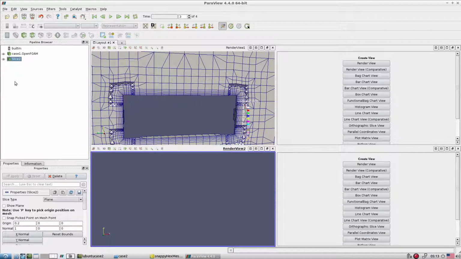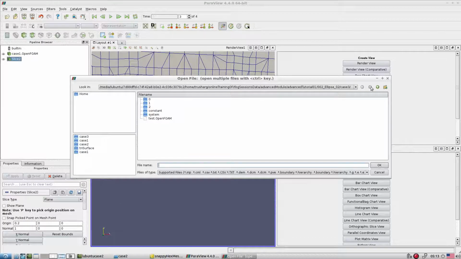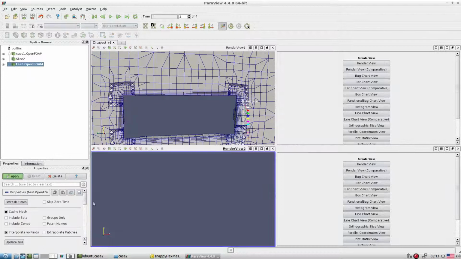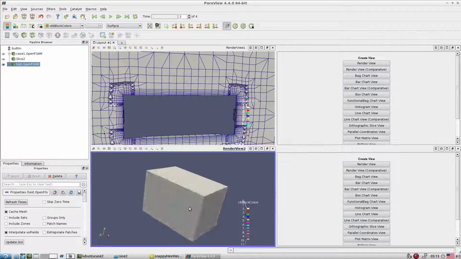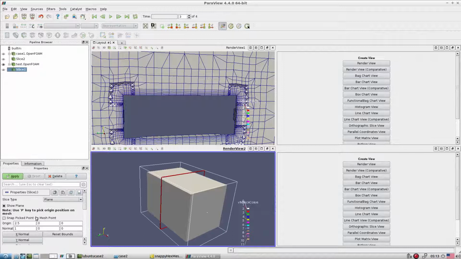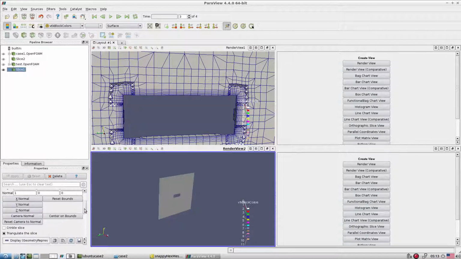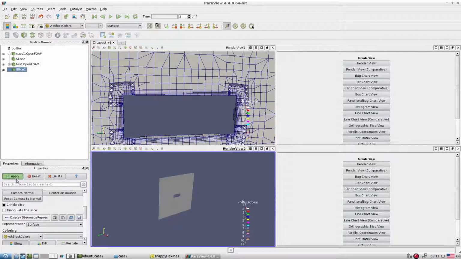Okay, so let's open the case first. So go to the area, second, sorry, we are at the wrong location, so go to here and second and do that. Okay, so this is the internal mesh. I exactly cut the plane at the same location, let's say 0.2 x normal. Okay, I don't want triangulated mesh, and let's see what difference we get here.